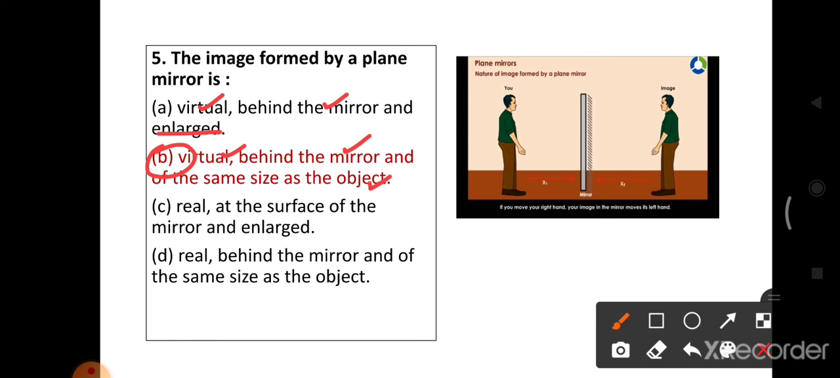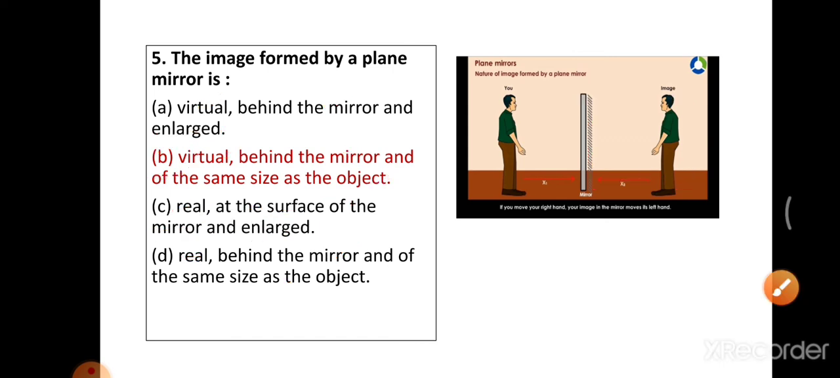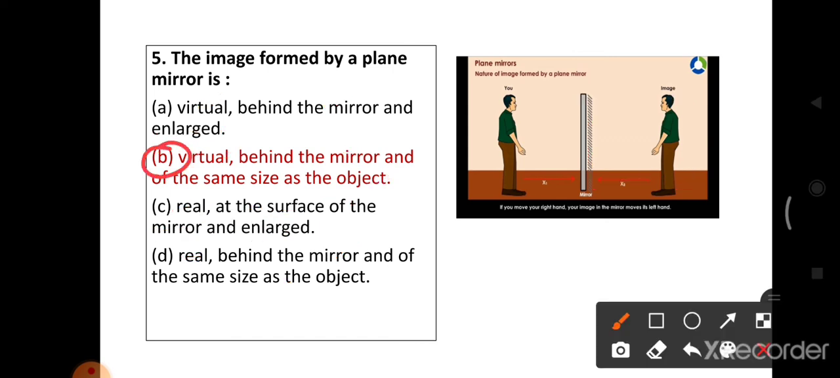We will see option C also. Real, that is wrong. At the surface of the mirror, the image is formed behind the mirror, not at the surface of the mirror. So this is also wrong. And enlarged, not enlarged. This is the same size. So option C is also wrong. In option D, real, wrong. Behind the mirror, correct. Same size as the object. These two are correct. So which one is the correct one? Option B is completely correct. Virtual, behind the mirror,